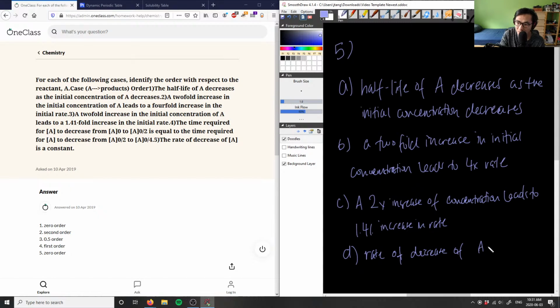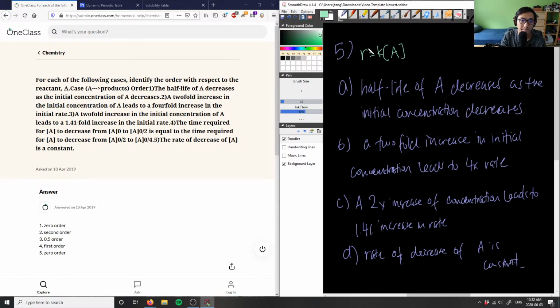Increase of A is constant. So let's look at the first statement here. It's asking us which of these ones are we want the order of the reactants, right? And we know that the order here, rate equals K times A. So we have K, which is some type of rate constant, and we have A, which is the concentration of